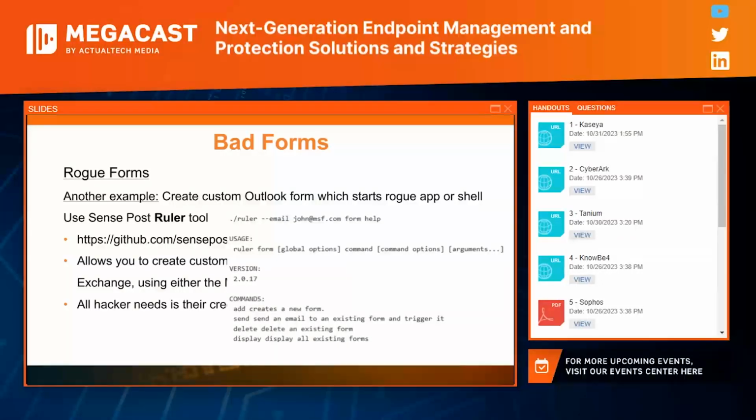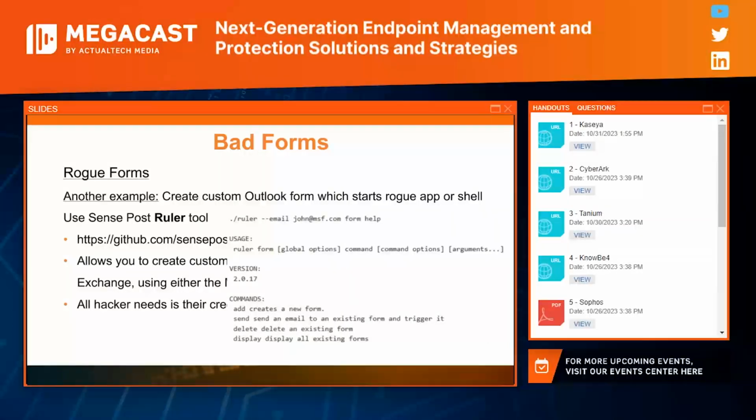Well, this particular attack uses a white hat hacker tool from SensePost called Ruler, but Empire PowerShell is probably one of the first hacker tools, and that's another quote unquote white hat hacker tool. But it's been very popular over the last couple of years. But essentially, if I have your email address and password, so I phished your email address and password, I can remotely install a new form or rule that then executes malicious code. And again, I'm going to show you this demo with the SensePost Ruler tool. You'll see how it happens.